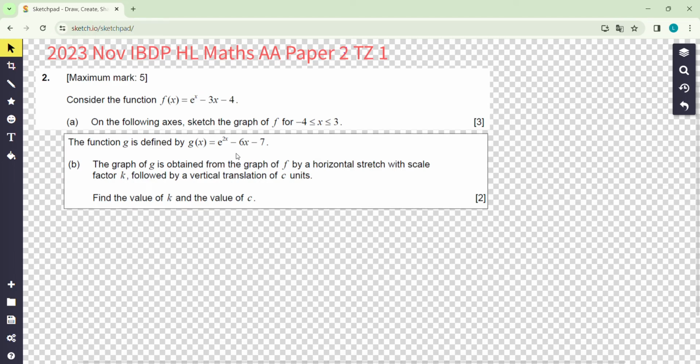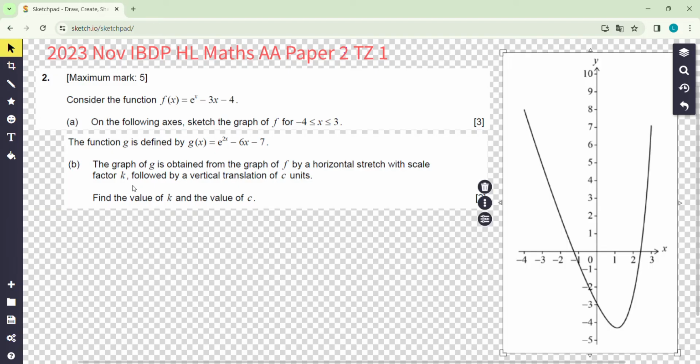Question 2 is about the function you need to sketch the graph, so use the calculator to sketch it. Make sure you key in the function correctly, then you'll get this graph. Make sure when you copy the graph down, you need to correct the endpoint